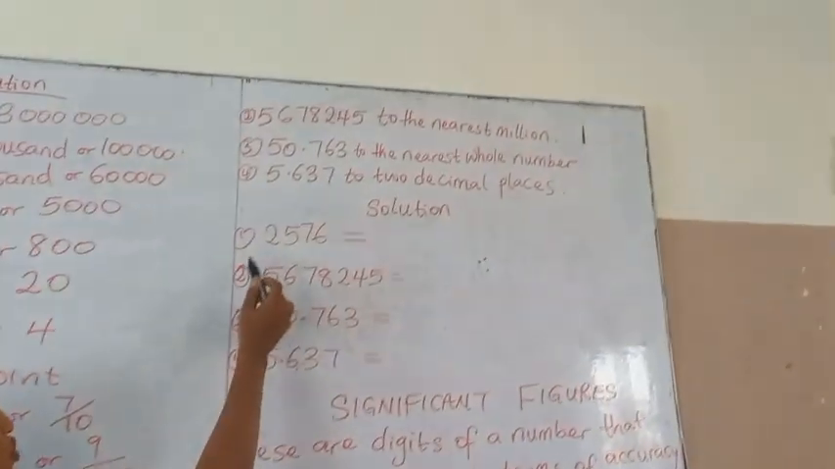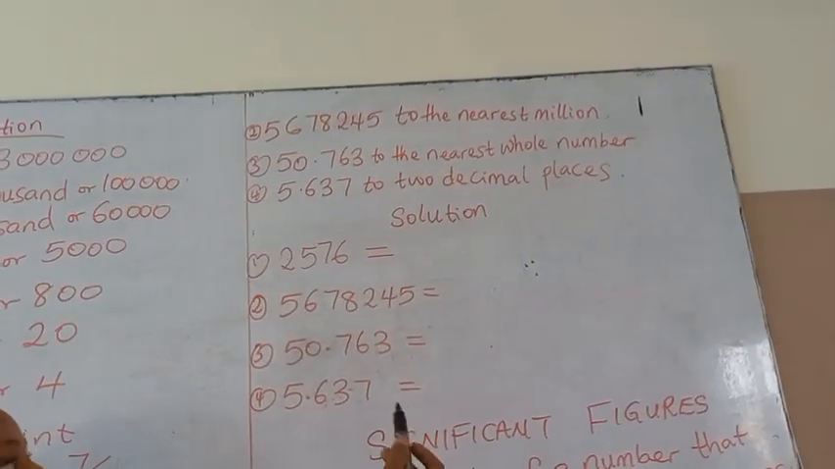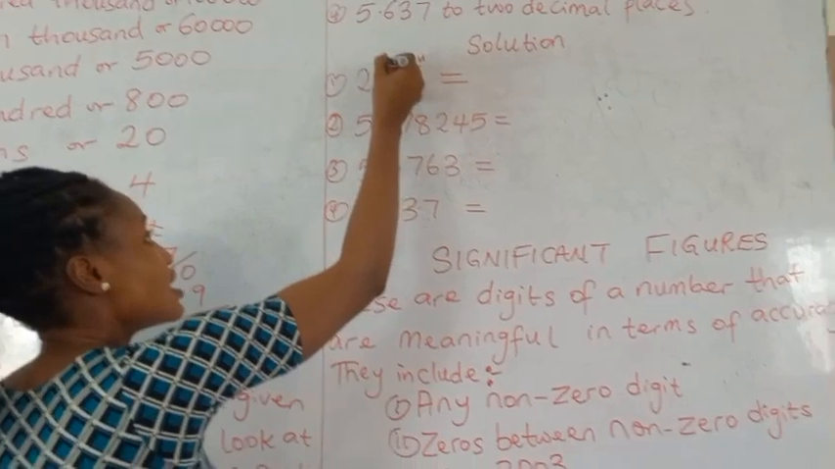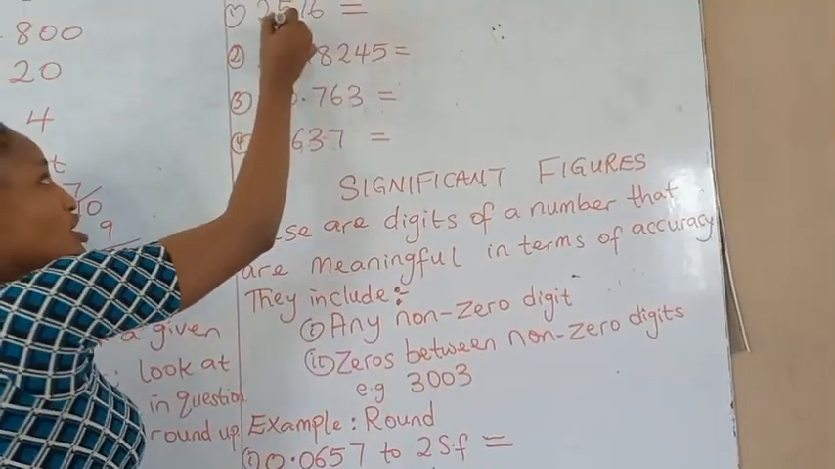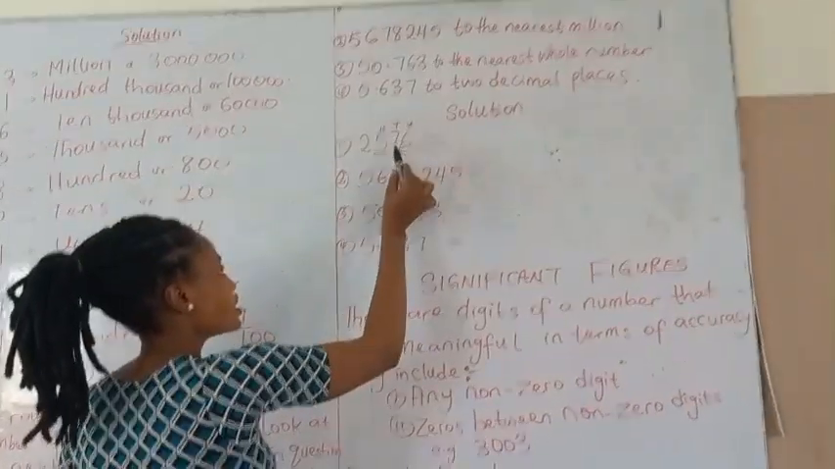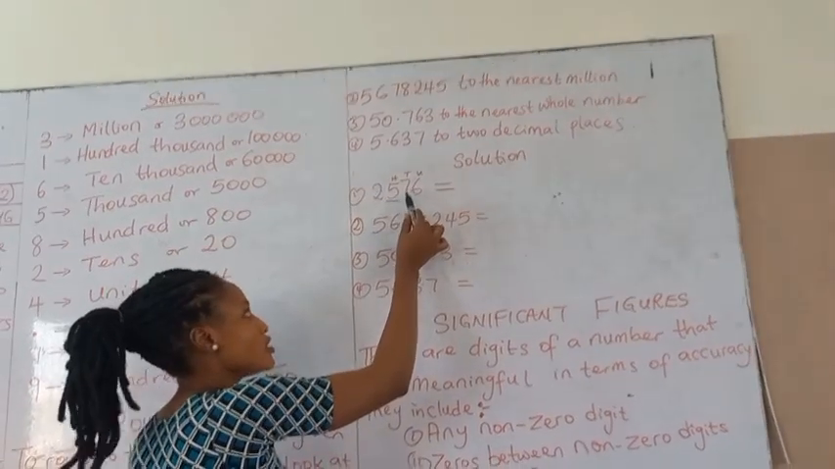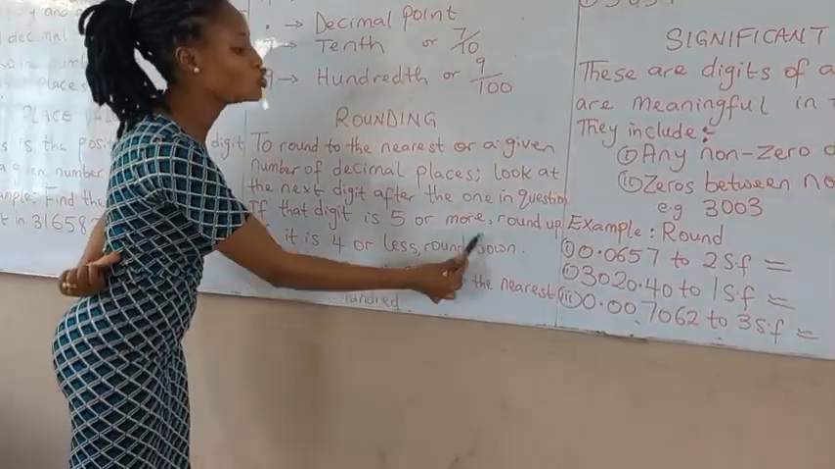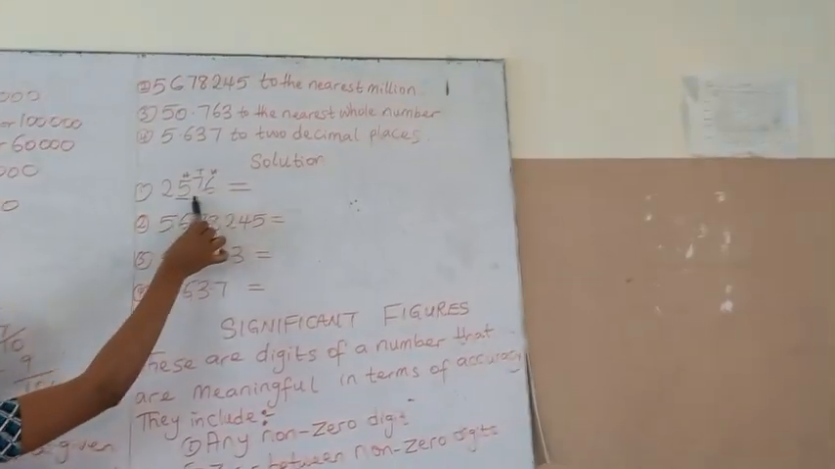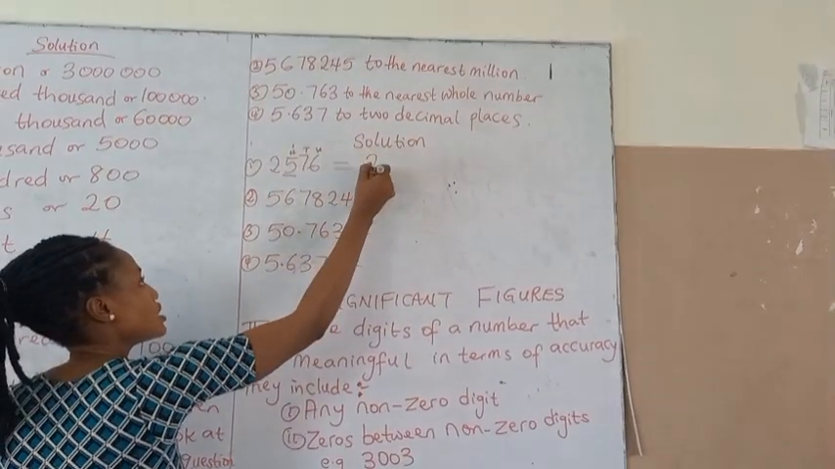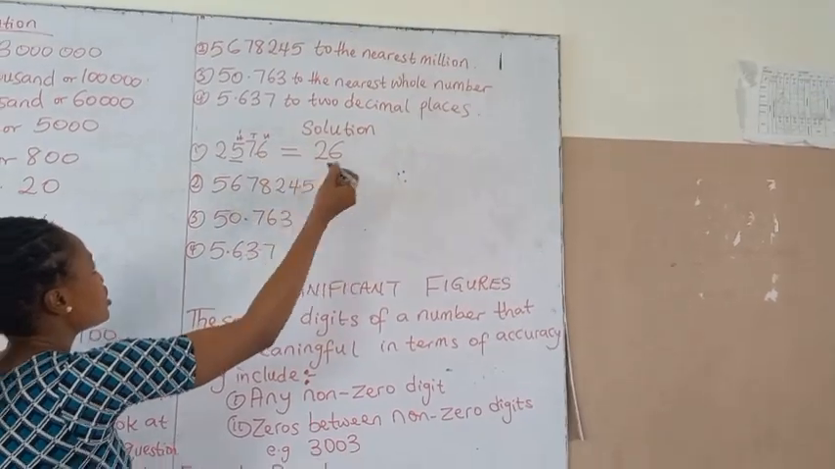Let's go to where we have the solution of that. 2576 to the nearest 100. You have to start picking from the units. This is units, tens, hundred. Since you are rounding to the nearest 100, you can underline the 100 part of it. What number follows 100? 7. 7 can round up. Remember that we said if the digit is 5 or more, you have to round up. So this 7 here rounds up to become 1. 25 plus 1 is 26,